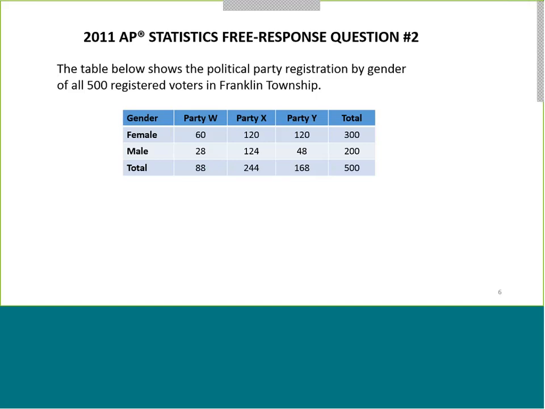Okay. So this is the 2011 question number 2. And just as an aside, 2011 I think was one of my favorite exams of all times. All of the questions on that year's exam were really good. So this one leads to a question about independence, but initially you're given this kind of table. These are the data from the table, 500 voters